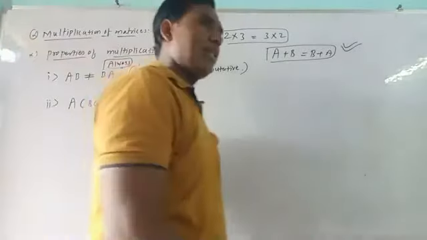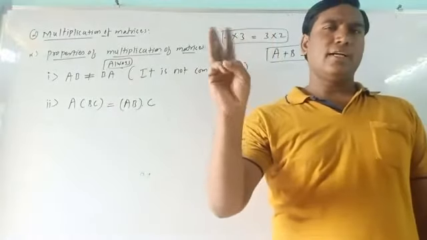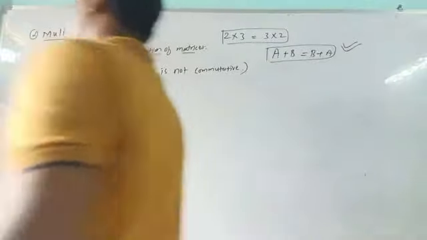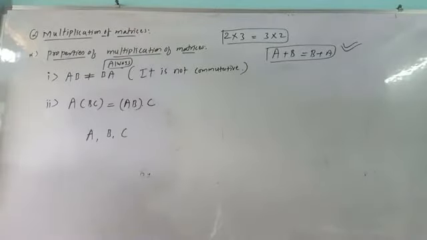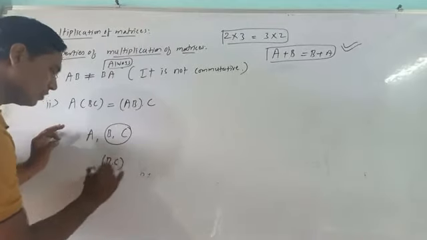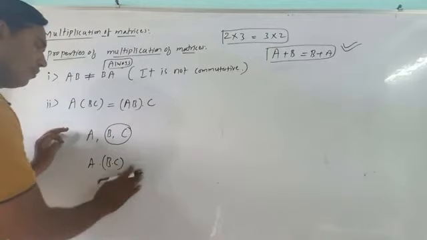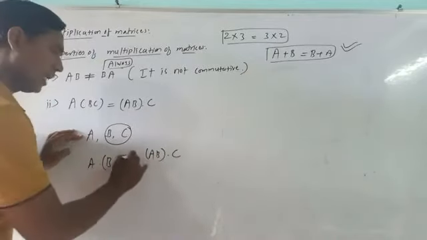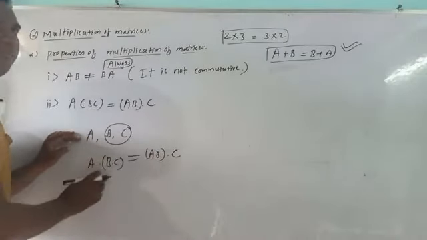What you can say here is, if there are three matrices A, B and C, then it is your choice of multiplication. First you multiply these two matrices, B and C, then multiply with A, or first you multiply AB and then multiply with C. Both give the same result. There is no effect on that one. Both answers are the same.